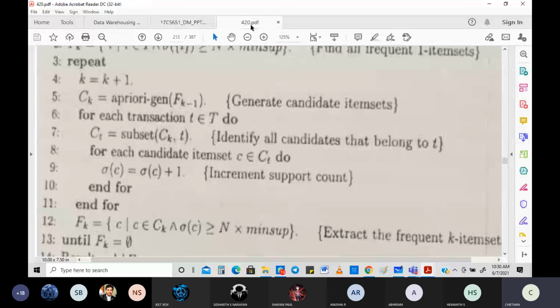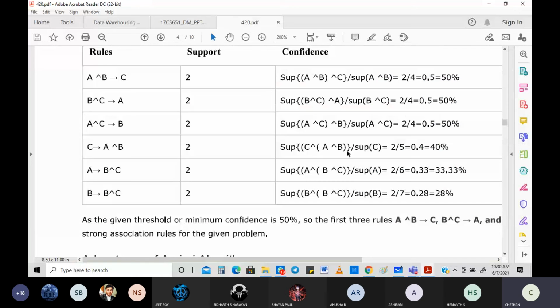Then of course, know one example, and along with that the algorithm. If you are able to do these two things, then you've got the 10 marks with you. It's a short one that you're going to get in your exam. It's very important for you to know this: the Apriori principle, also known as the Apriori algorithm.